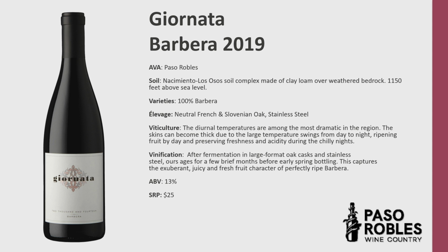But this has very strong diurnal temperature shift every day, very clean style, very delicate, almost crimson color all the way to the edge, very youthful. Fruit is direct, clean, almost kind of Gamay-like in terms of that fruit and intensity, a cranberry note, the raspberry, strawberry aromas, really fresh. As we put it in the palate,